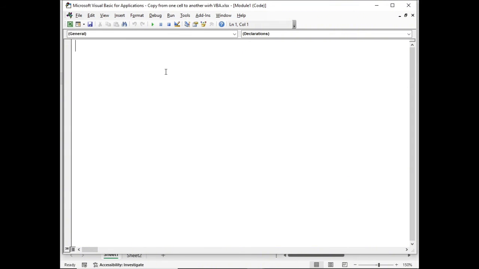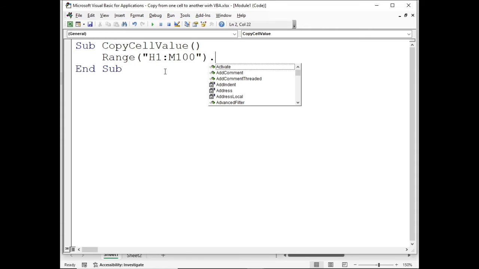So I'm gonna write the macro, which is Sub CopyCellValue. We're gonna copy the value from one cell to another, or a range of cells to another. So I'm gonna start with the range, and the range would be in quotation marks. This is the destination range, H1 colon M100. This is the row number 100. Then quotation mark, then .Value